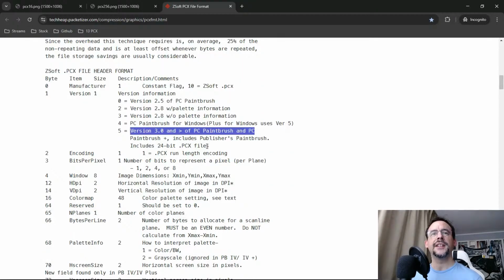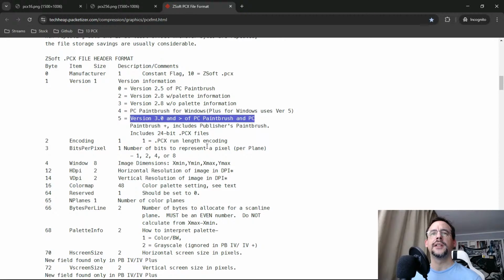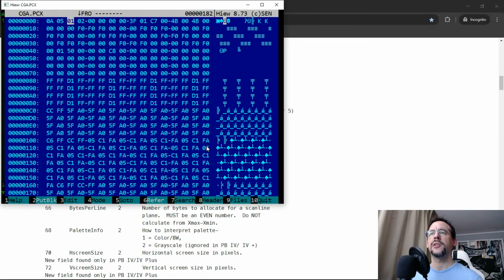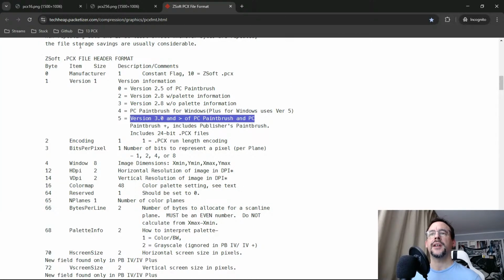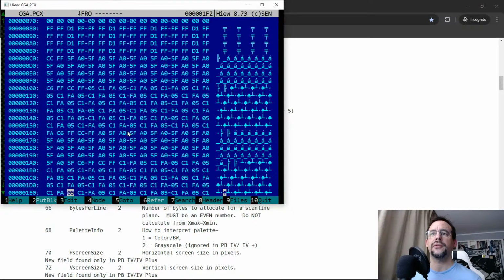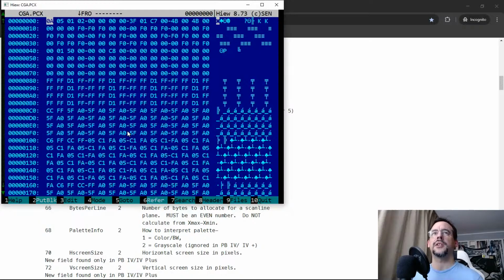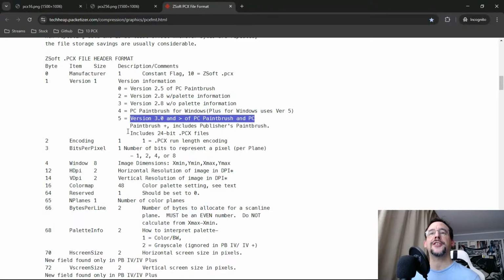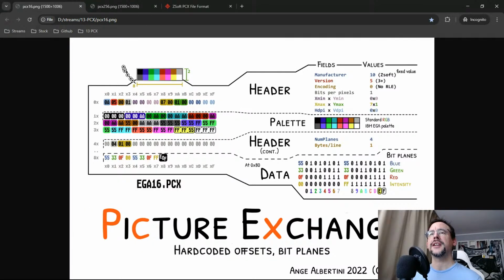Okay, and then there is the encoding, which itself doesn't look right. Here this byte is set to 1, so basically it means there should be run length encoding, and if you see my pattern, oh, it's not. Oh no, it is full of repetition, and yet there is no encoding. So it looks like the header and the specification totally disagree already. Okay, I won't dig too much into this weirdness, but then you have just the X and Y and